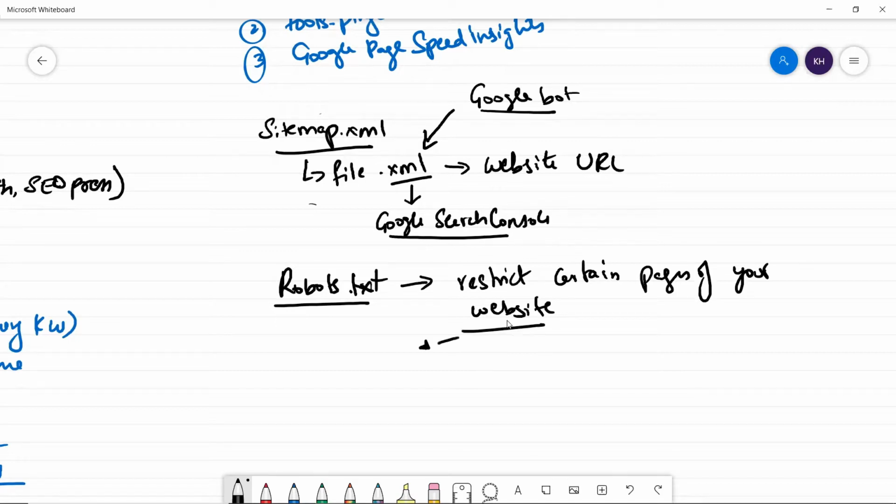For example, you have a thank you page. That page should not be shown on Google, right? If someone searches for your domain name, and in the SERP it's showing your thank you page link, and if you click on that, they can directly go to your thank you page and download your free lead magnet. So that should not be done. This is a confidential page that should be given access only to people who fill your form, who fill your landing page form. Other times, you don't want your thank you page to be ranked or shown on Google.